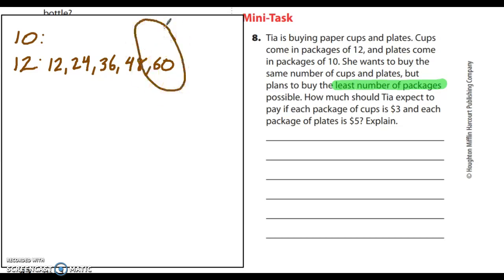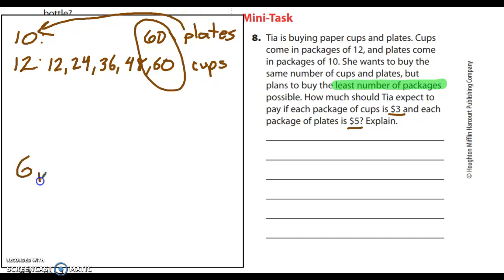But here's the deal. It says, how much should Tia expect to pay if each package of cups is $3 and each package of plates is $5? So the cups were the 12s. So these are the cups. And these are the plates. So she bought 60 plates and she bought 60 cups. But how many packages is that? Remember, the plates come in packages of 10. If she bought 60 plates and they come in packages of 10, how many packages is that? She bought 6 packages